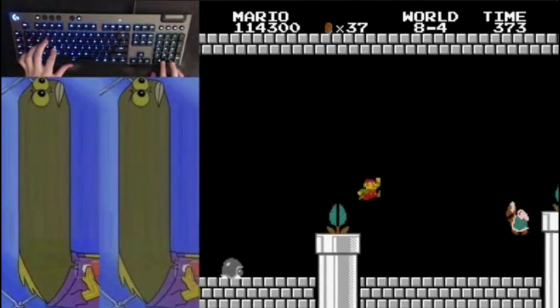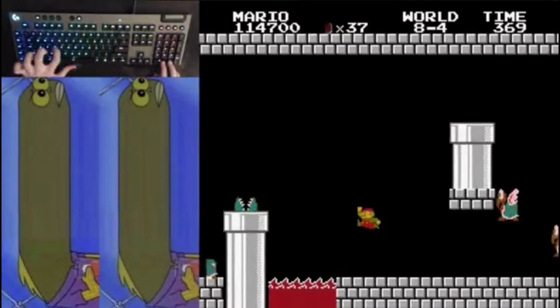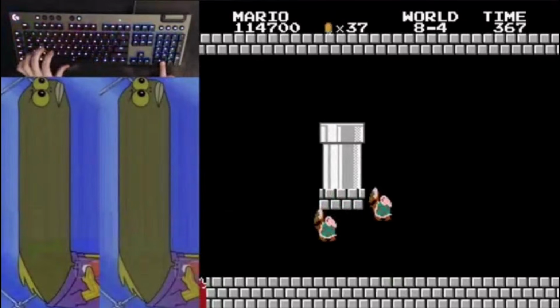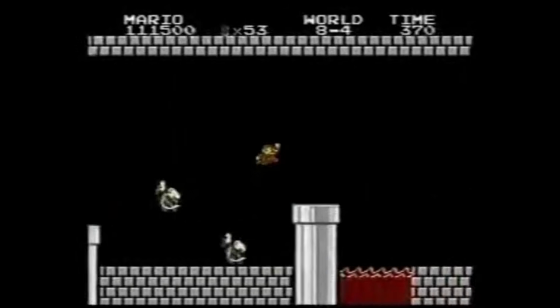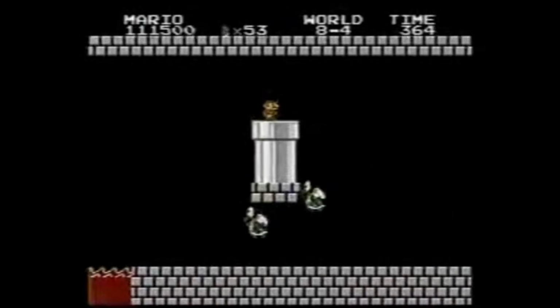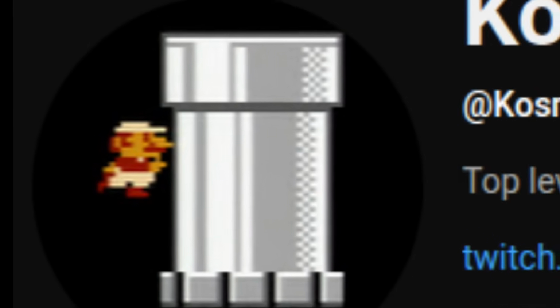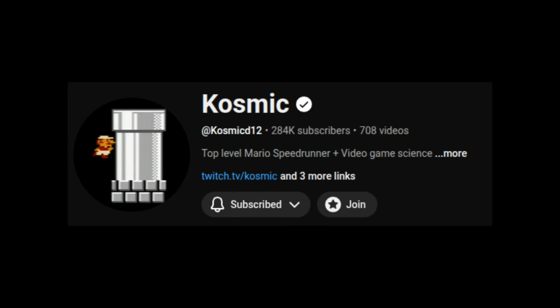However, when it comes to iconic wall jumps, you more than likely picture this: Mario jumping backwards into the side of a pipe, then wall jumping up it. This is the wall jump in 8-4. It is iconic because it is the wall jump that Andrew G. used 2 decades ago in his speedruns. It has become so popular for 2 main reasons. For one, it is the logo for Cosmic D12,